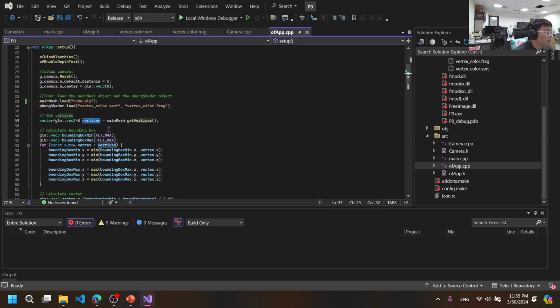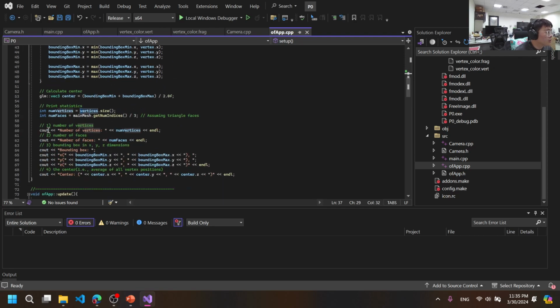I stored it in vertices, and to print the number of vertices I just had to do vertices.size. For the number of faces we just need to use get num indices, and then I divided it by 3, assuming that we are using triangles for our